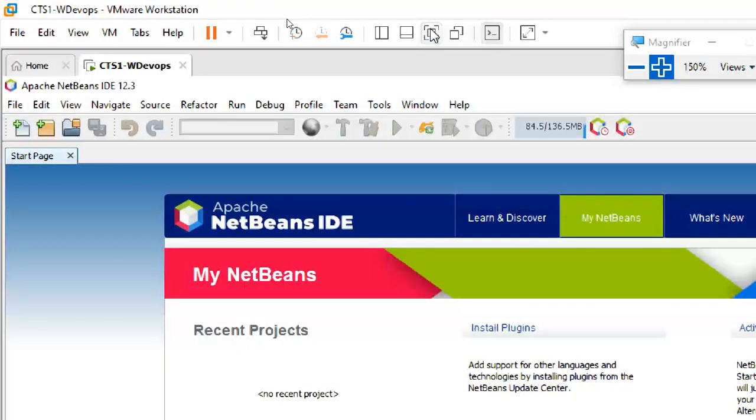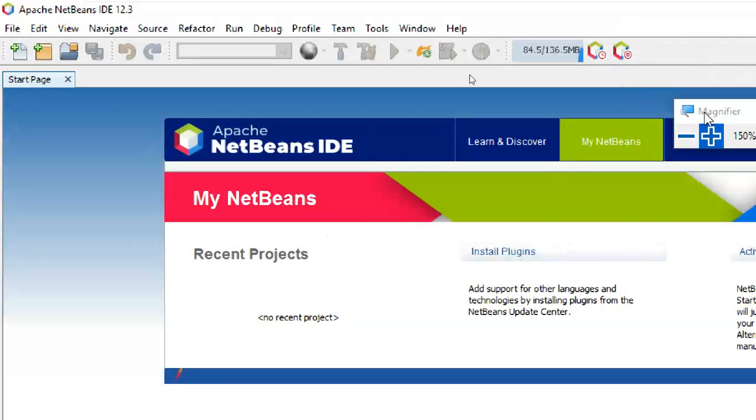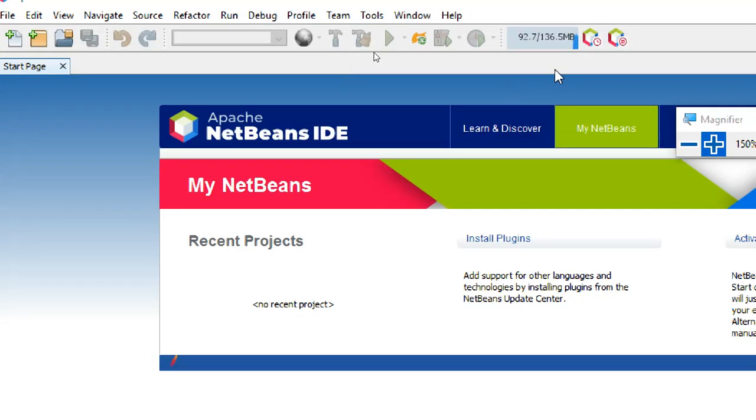So here we have NetBeans. First of all, we'll see a small thing, like how to create a project in NetBeans. This is something showing memory kind of stuff. This is called garbage collection. What does garbage collection mean?